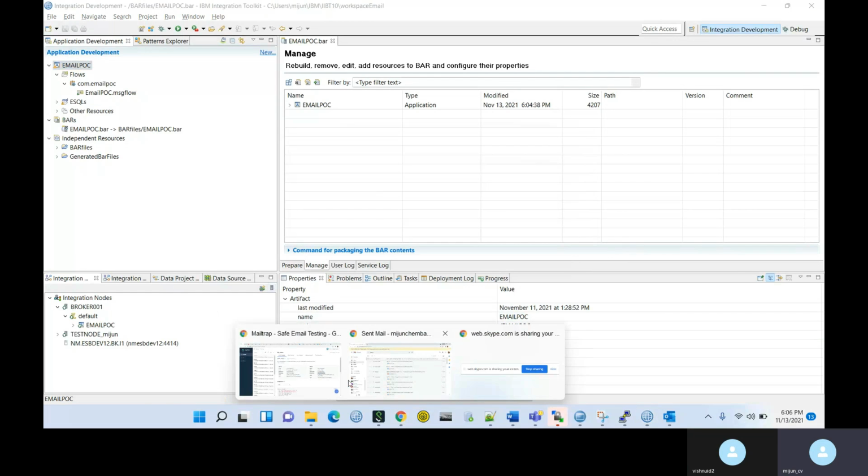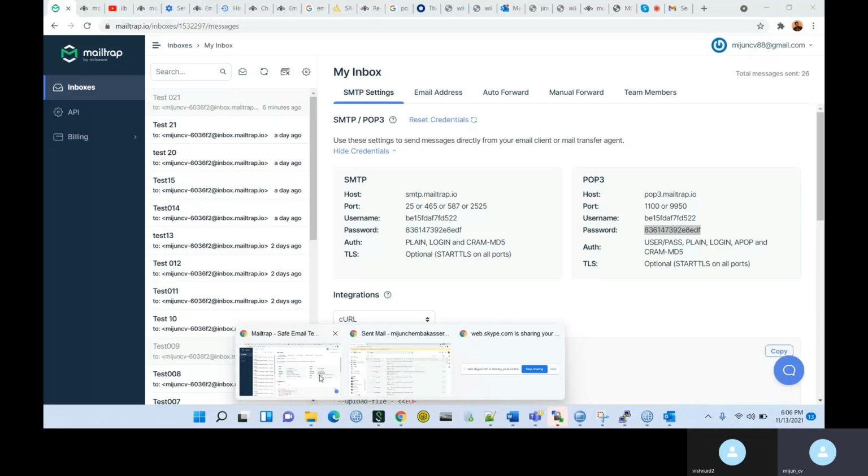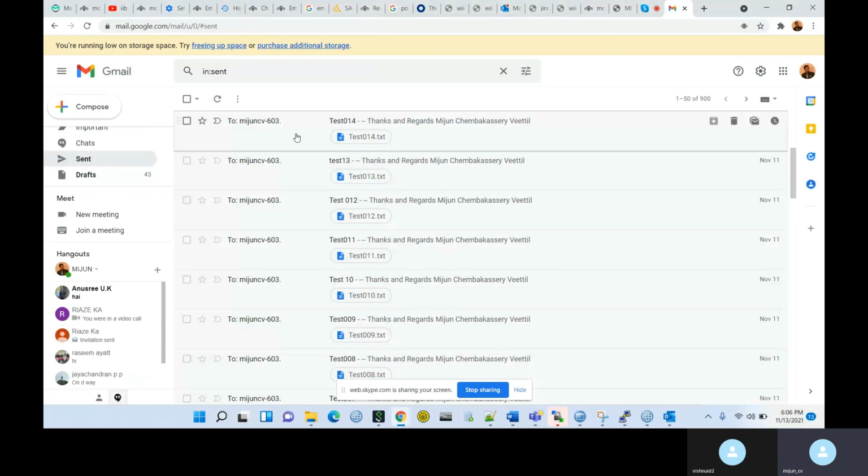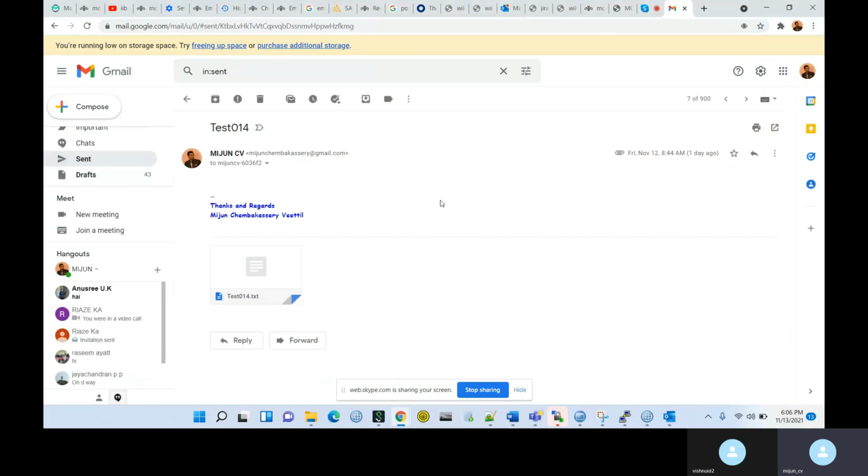So I'm sending one more new email from Gmail to this Mailtrap email ID.